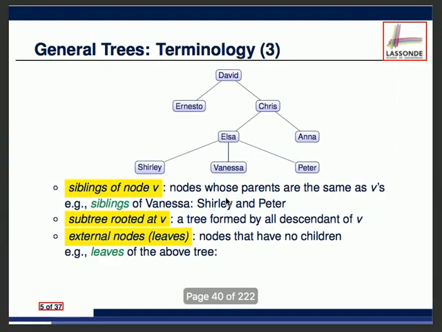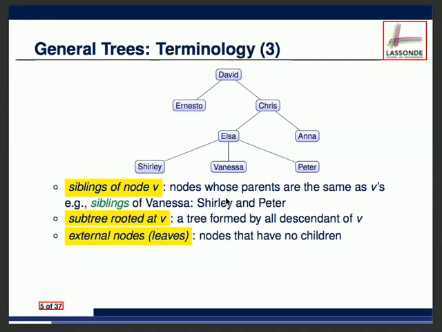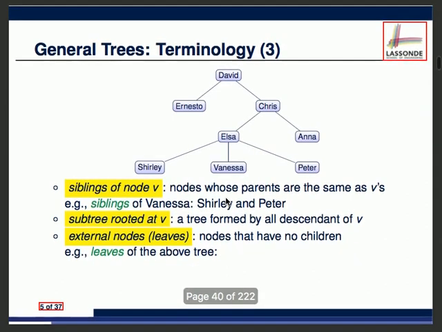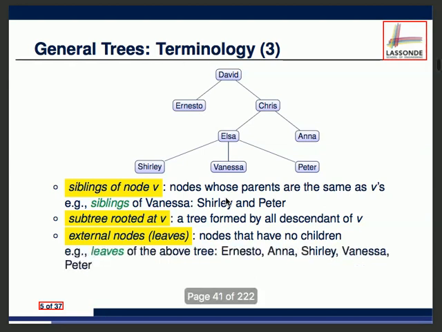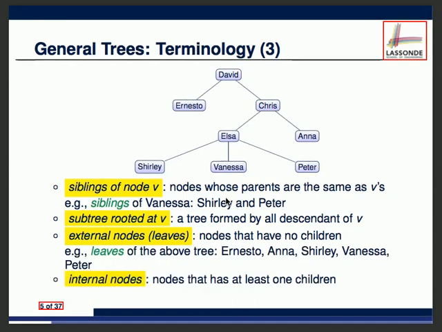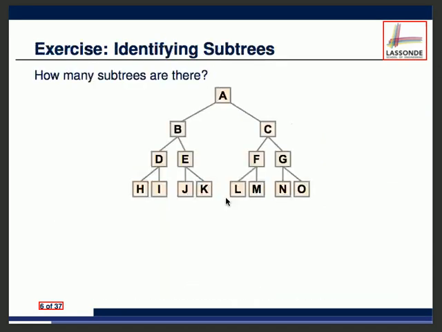Okay, subtree, and then we talk about external and also internal nodes, right? External nodes, or you can call them leaves of the tree, are basically at the bottom of the tree and they simply have no children. Internal nodes have at least one child, at least. So these are just terminology you can get used to. Now we've got an exercise here for you. Let's say over here,